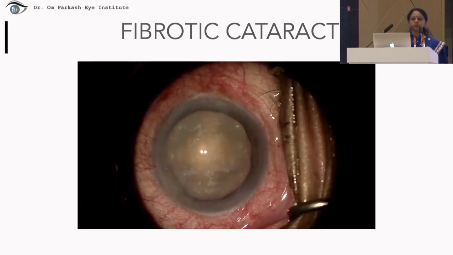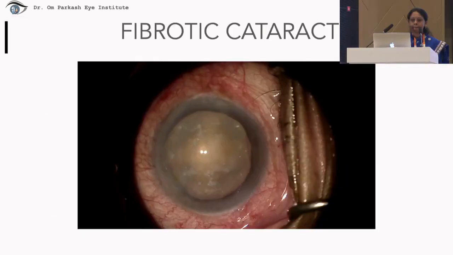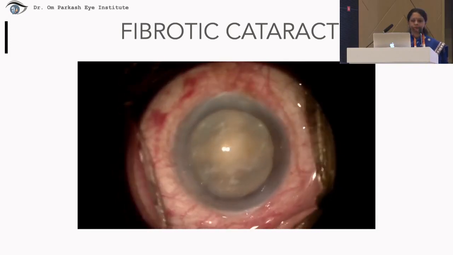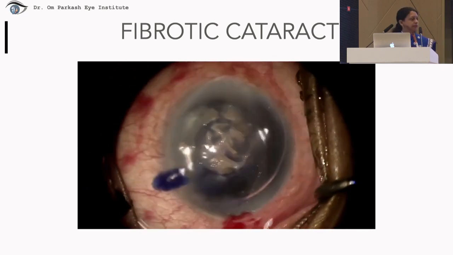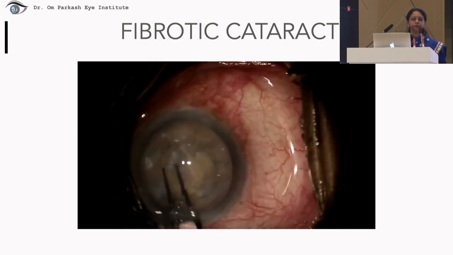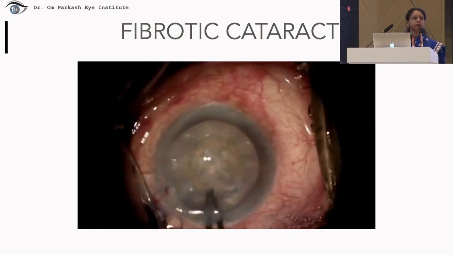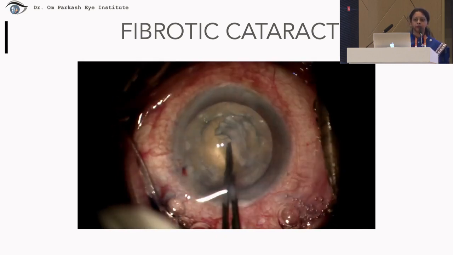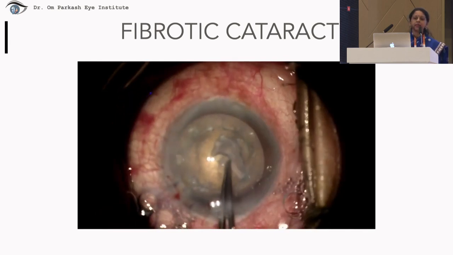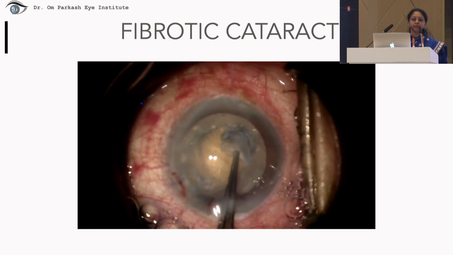Now let us go to the video. Here we can see that it is a fibrotic cataract, a calcified capsule, and the staining is done using our own technique of 30 gauge needle under the air bubble, which will be discussed later on by Dr. Tushe. Here we can see that 80% of the flap is separated, but some of the flap still remains,